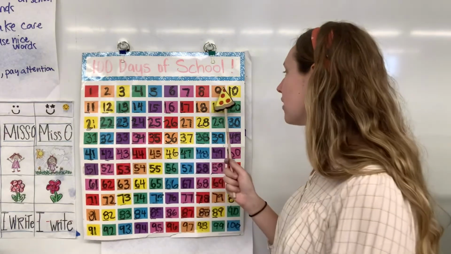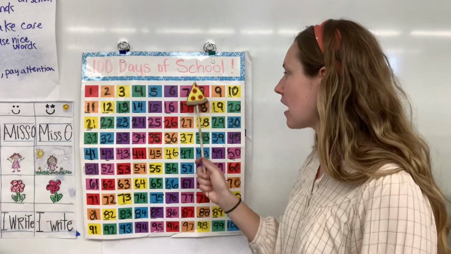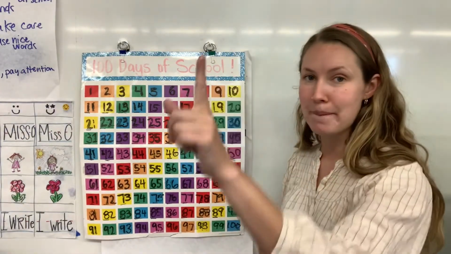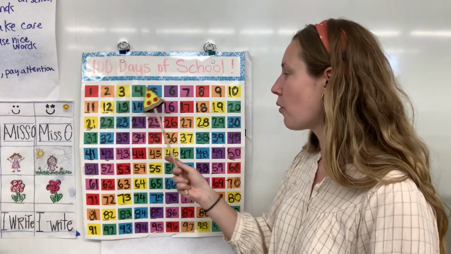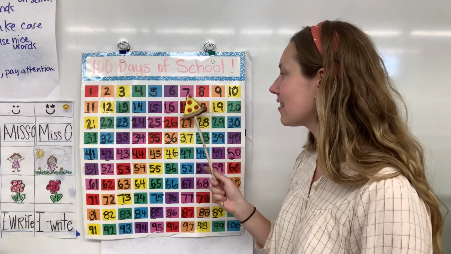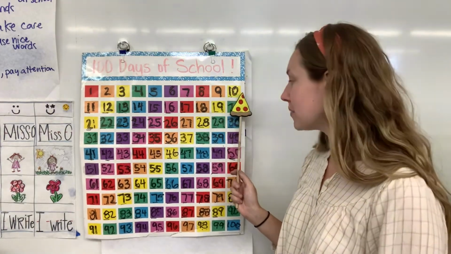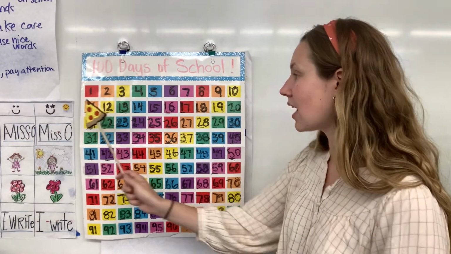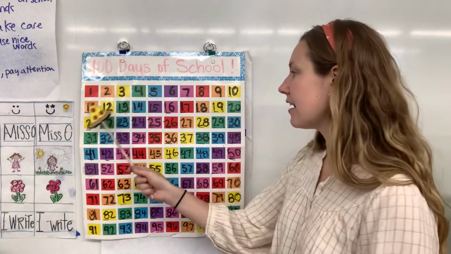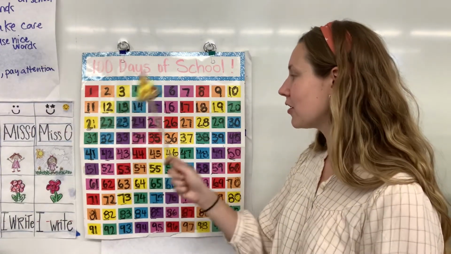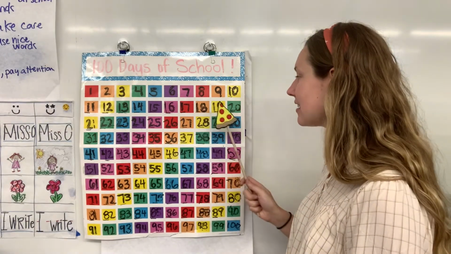And remember that 1 through 9, they don't have any other number in front of them. They are by themselves, just a single number. 1, 2, 3, 4, 5, 6, 7, 8, 9. And now, from 10 through 19, we notice that all of our numbers have a 1 in the front. 10, 11, 12, 13, 14, 15, 16, 17, 18, 19,